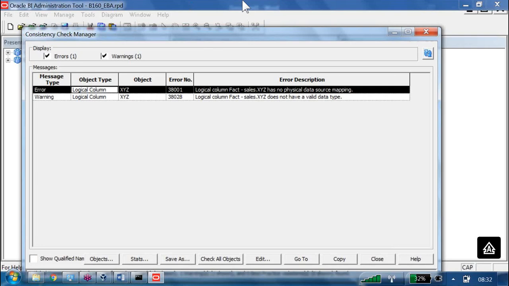Okay, are you getting my point? The error will be telling something else, but the problem is somewhere else. But 90% of errors will be direct, point to point: this is the problematic object. You don't need to know more. Now, by seeing this one, we understand what the problem is.